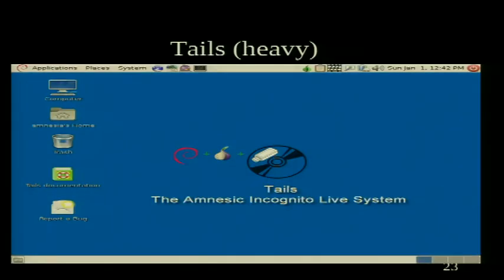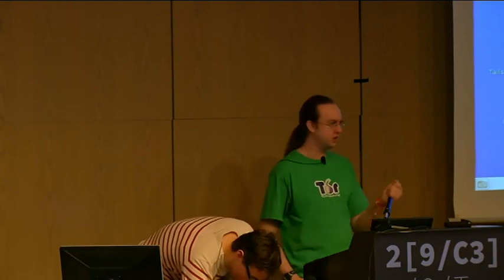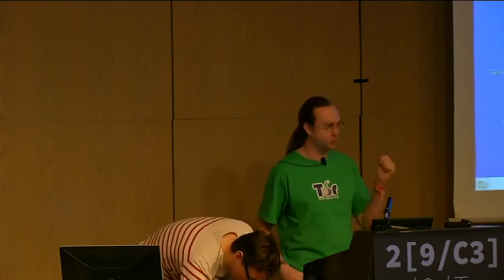Okay, so those were a bunch of applications and ways of using Tor for various application approaches. Now we're going to switch a little bit more to OS images and things like that. Tails is a live CD based on Debian that has all the applications that you should want to use with Tor pre-configured. So you stick it on your USB key, you walk into the internet cafe or whatever, you boot your Debian-based live CD, you use it, and then you turn it off and you walk away, and it's got all sorts of anti-forensic stuff built in.